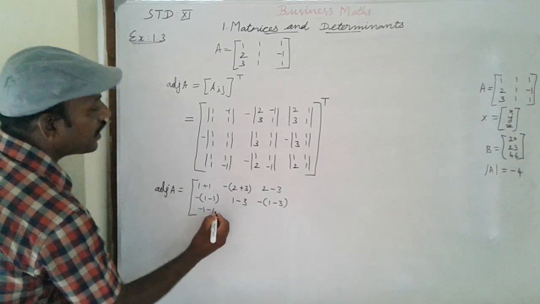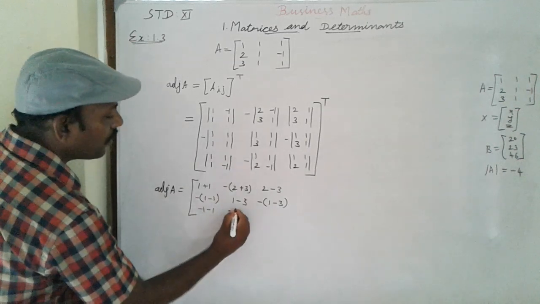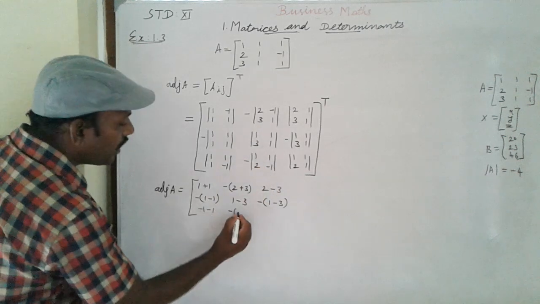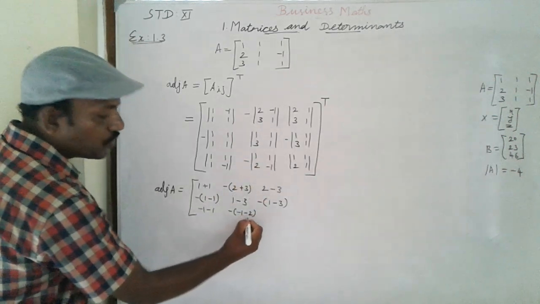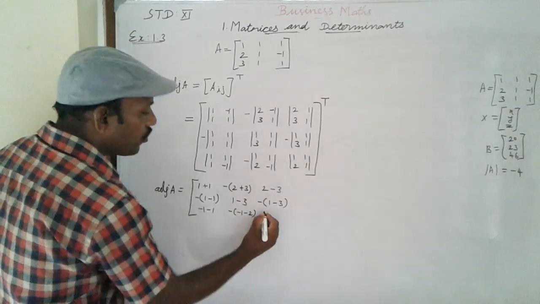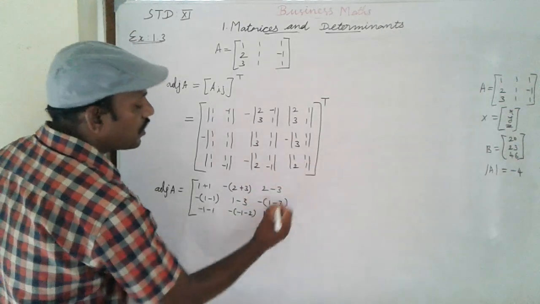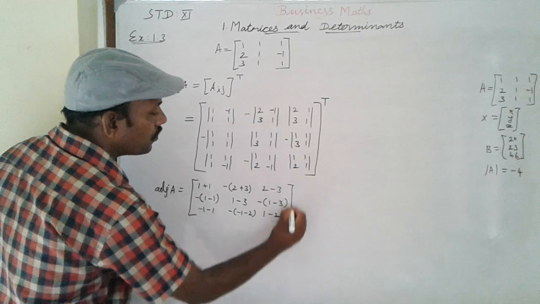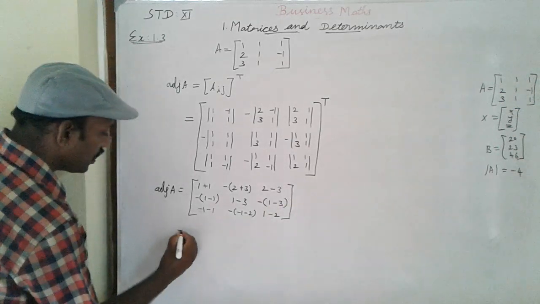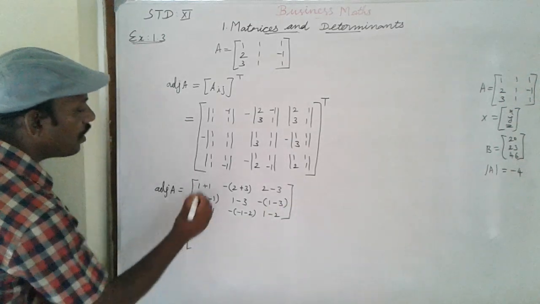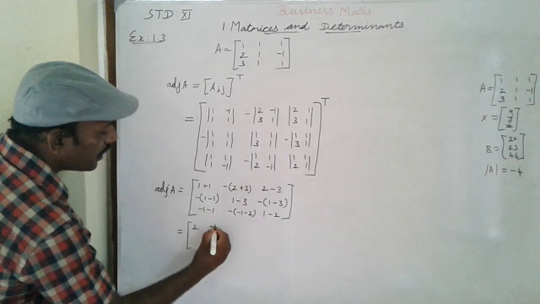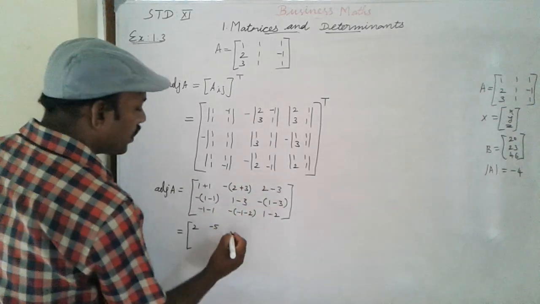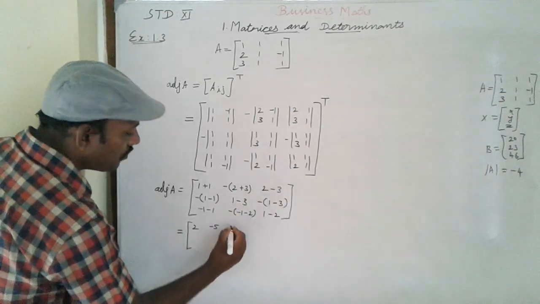So minus is the symbol, minus 1. Minus of 1 into minus 1 is minus 1. 2 into 1 is 2. Already minus here, minus 2. Next 1 into 1 is 1. 2 ones are 2, minus 2. It is equal to 1 plus 1 is 2. 2 plus 3 is 5. Minus 5. 2 minus 1 is 2, minus 3 is minus 1.